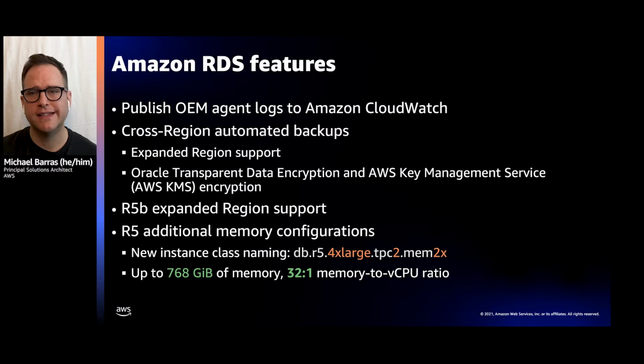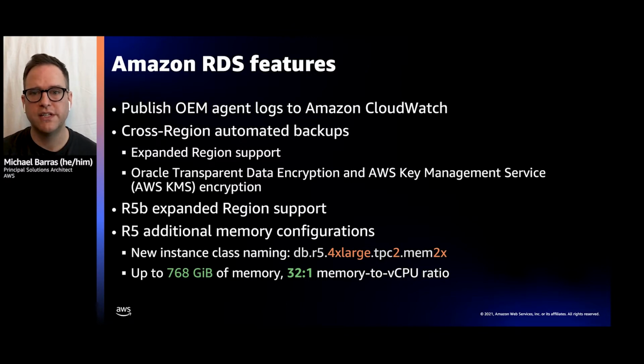And finally, we've added additional memory configurations for R5 instances. These are specific to RDS Oracle, and their names include additional information about Intel hyperthreading and the RAM configuration. These are helpful when you need to scale to a larger instance class for more memory or EBS bandwidth, but need to leave the vCPU count the same. For example, if you're running an R5.4 extra large and need double the RAM, you could scale to an R5.8 extra large. But you'd also go from 16 to 32 vCPUs, potentially increasing your Oracle licensing costs.